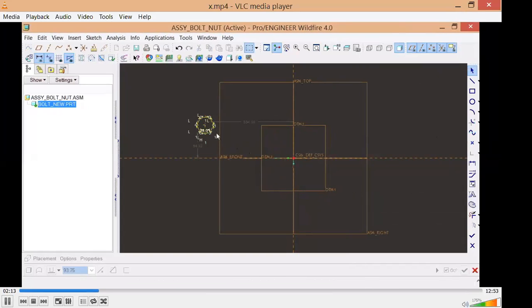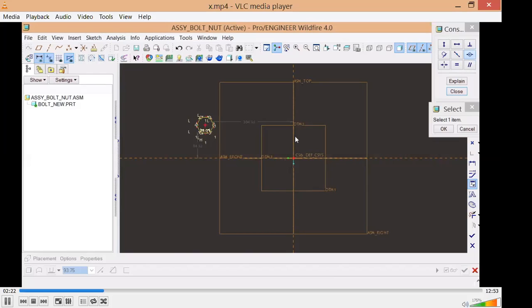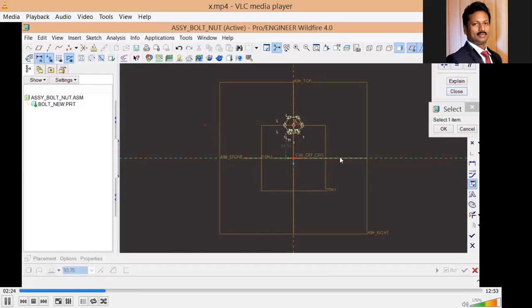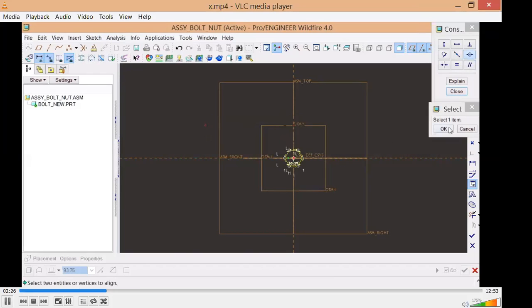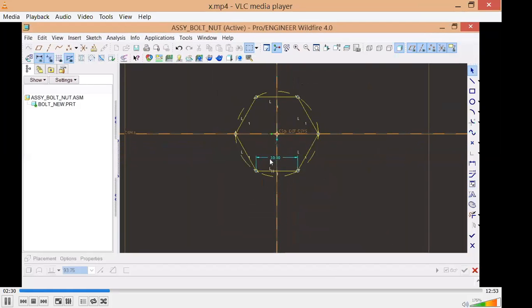Okay, now I need to constrain the hexagon at the center. So click on this, constrain to the position. Okay, so it has now been constrained. The 30 dimension is there. I can also move this dimension down.